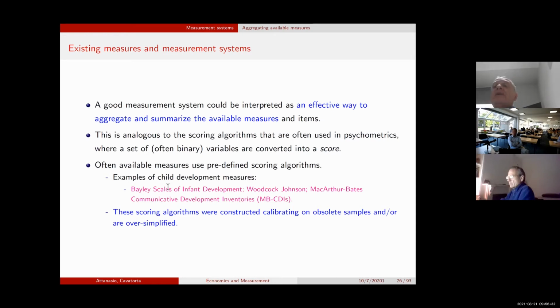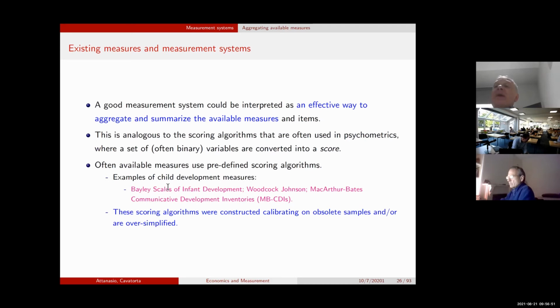I guess the point I'm trying to make is that often the scoring algorithm, apart from giving a huge monopoly power to the publisher of this test, is obsolete and